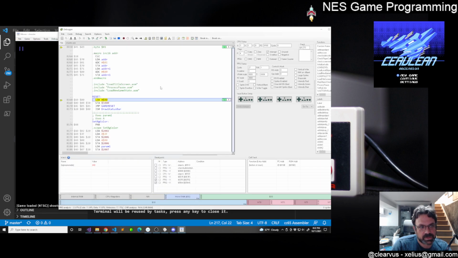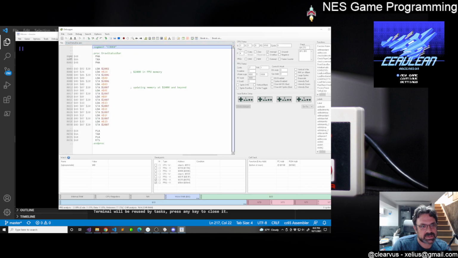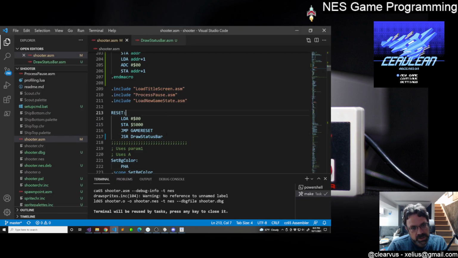Again, if I'm understanding how this all kind of came together. So 816B is now where reset lives. Draw status bar is at 8,000 hex, and that's where that is. So that is actually correct. So, okay, cool. So you'll notice the reason I'm